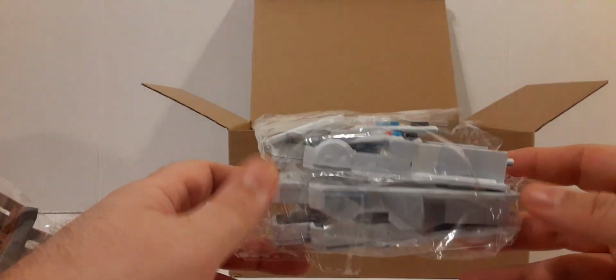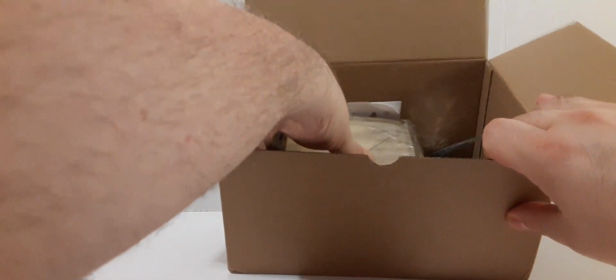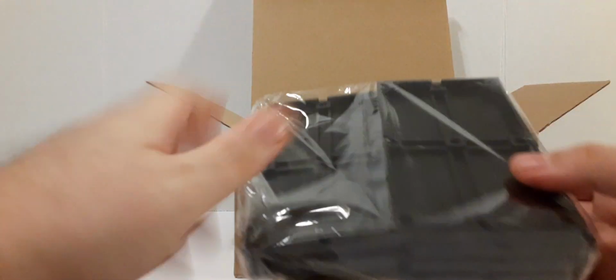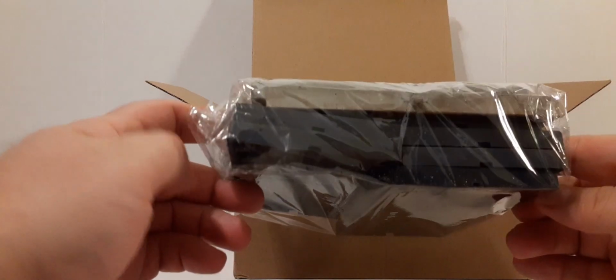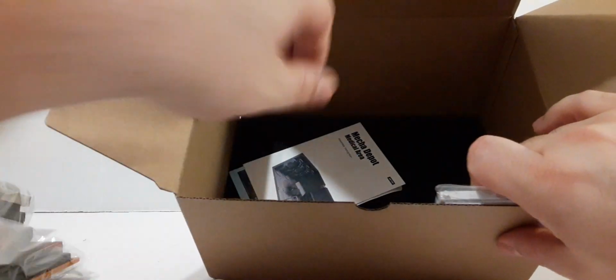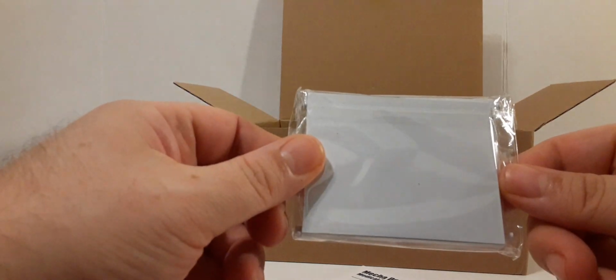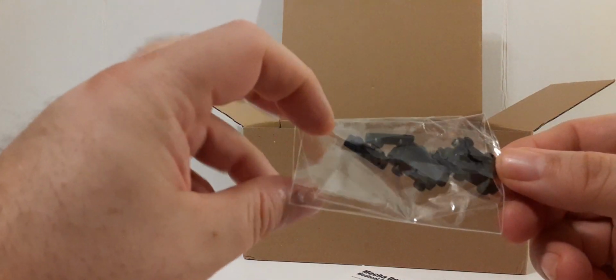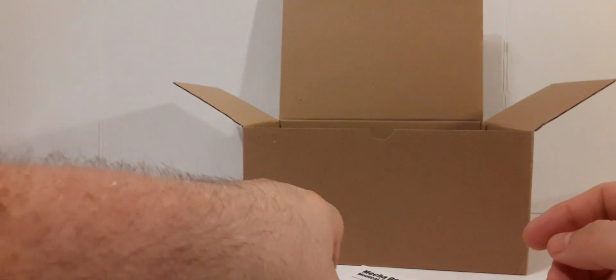Here is a baggie full of the monitoring stations. I guess that's what we're going to call them. We're going to take a look at all this, so don't worry. Here we have a baggie of the floor pieces and 2 larger walls. And we have some smaller baggies. There is that piece of styrofoam on the bottom. You get a table, a white table, little counter pieces, 2 chairs, and then you get